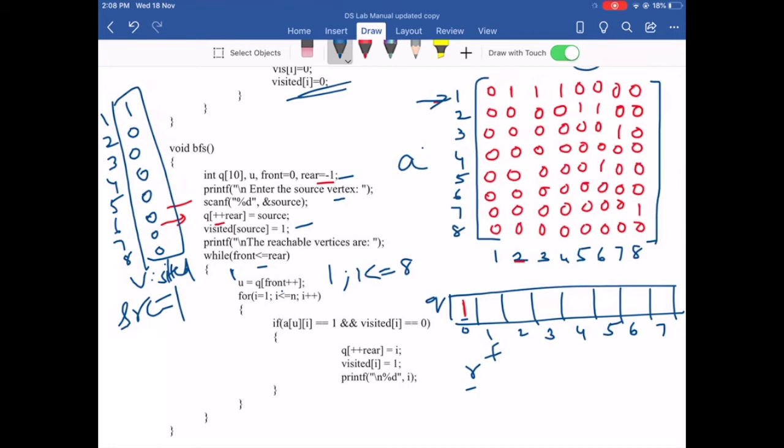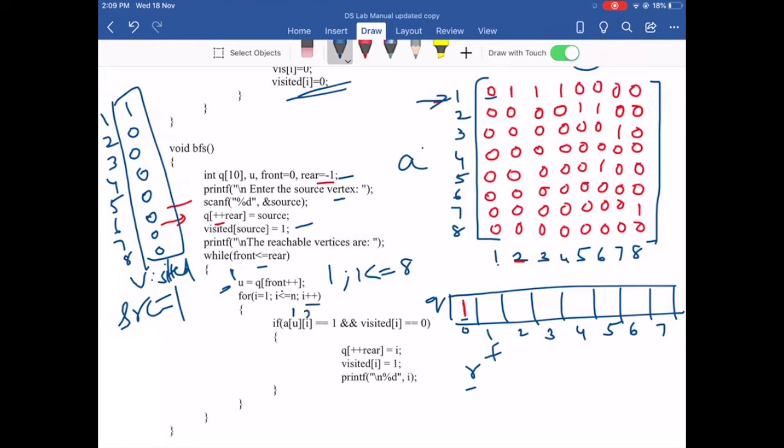Okay, so if u is also 1, as you remember, if a of 1 1 is equal to 1, so is a of 1 1 1? The condition fails. So you are going to check if there is an edge or not, and if it is visited or not. Since this itself fails, you don't have to worry about the next condition, because with an AND operation, if any one of them fails, the whole condition will fail. So u value is still 1. So I gets incremented to 2.